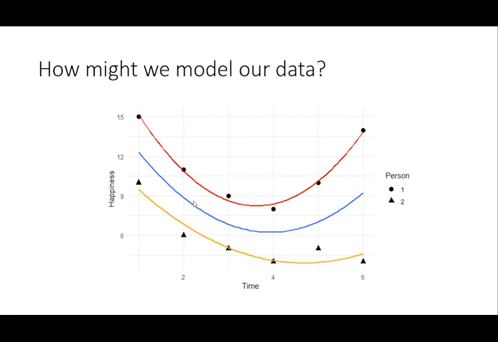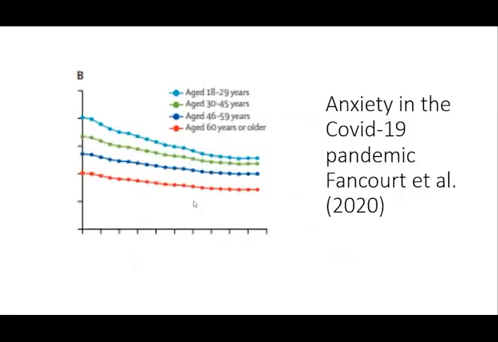Yeah, we don't have to have linear relationships. This might be a more realistic thing to what would happen as a response to lockdown. We might see that everyone gets less happy at the beginning, but then some people recover a lot quicker. We might want to try and explain that. The people on the red line, maybe that type of person is quite an affluent person who is not affected so much as someone living in a deprived area. So we might introduce explanatory characteristics.